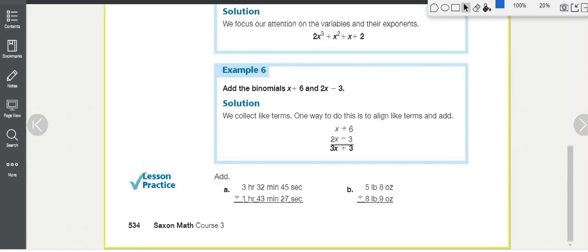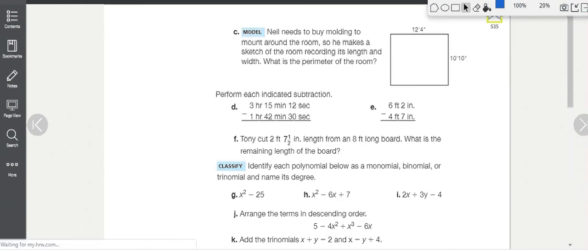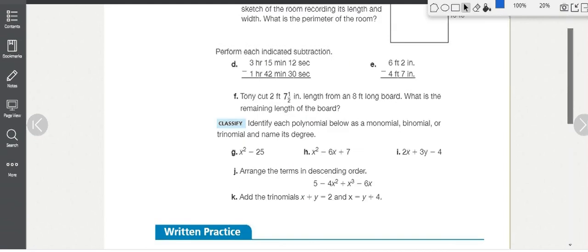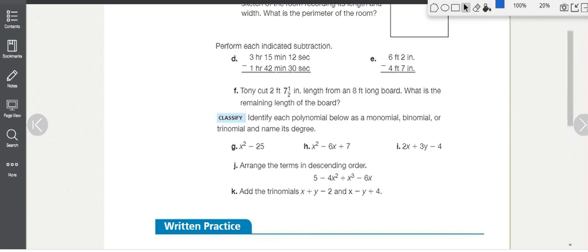All right, why don't you try A or B? D or E? And G through K, because those are quick, as long as